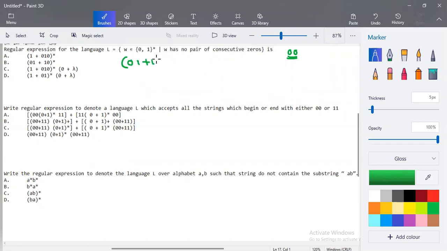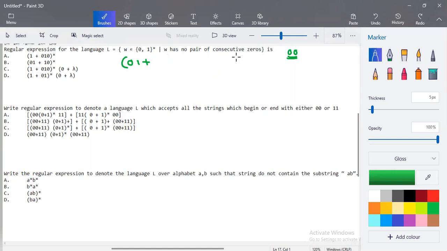The next option is 0, 1 plus 1, 0, the whole star. So whole star actually denotes any combination of 0, 1 or 1, 0. In this case, if 1, 0 occurs first and then 0, 1 occurs next, you have 0, 0 occurs. Okay, first 1, 0 in first iteration, and second iteration if I have 0, 1, it is any combination, right? Either 0, 1 comes or 1, 0 comes for any number of times. So here 0, 0 comes in a consecutive pair. Okay, so the second option also won't work over here.